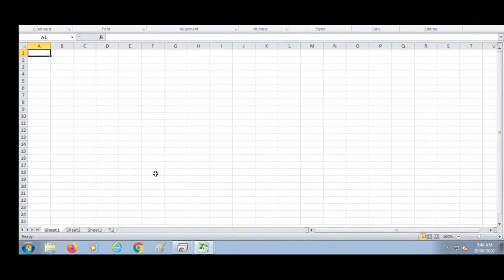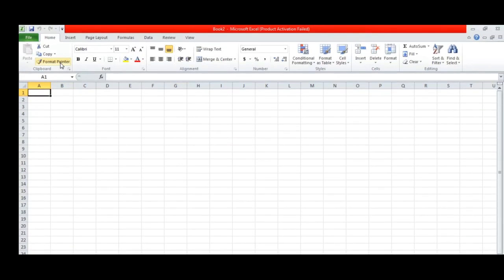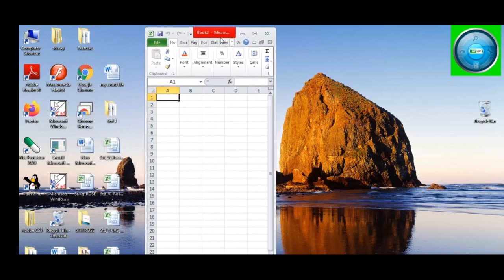As soon as the window opens, we will revise this once. At the top there is a red title bar, where you can see the name of your program. Then on the right-hand side there is the minimize button, which is used to minimize the window. This one is restore down, and the last one is the close button. Then below the title bar there is the menu bar.